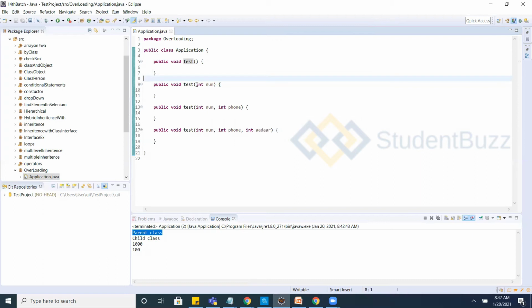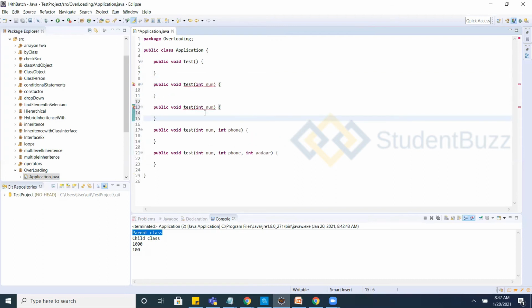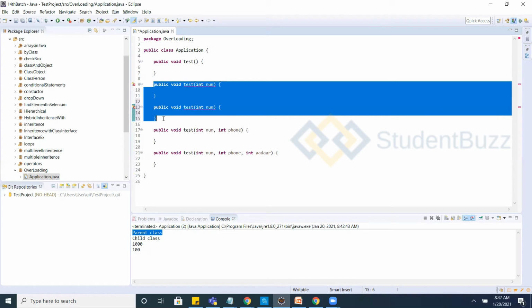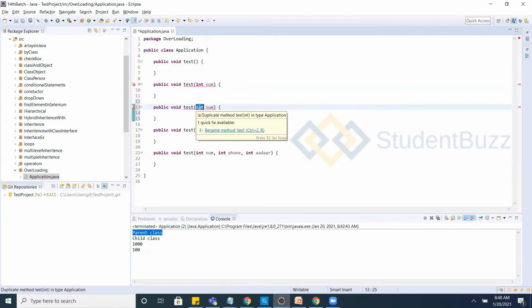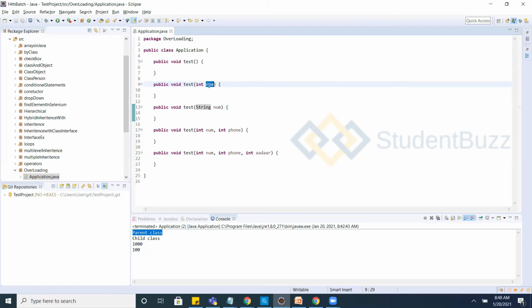Also, consider when the number of parameters is the same. With one parameter each, it throws an error when the arguments are the same, int num and int num. The variable names are the same, but the data types are different.